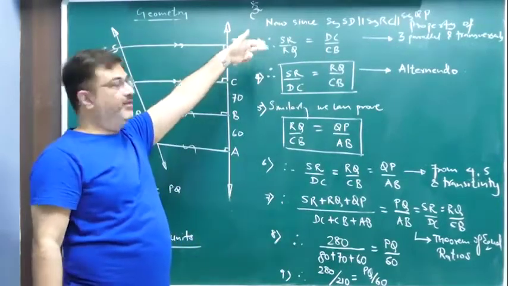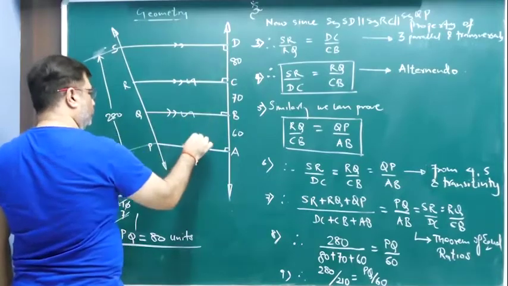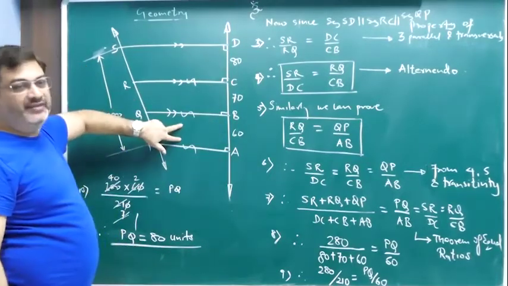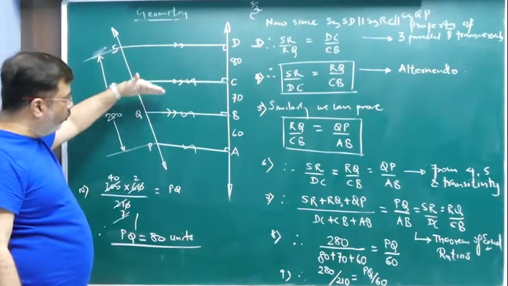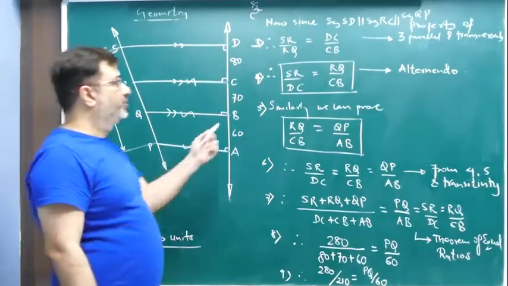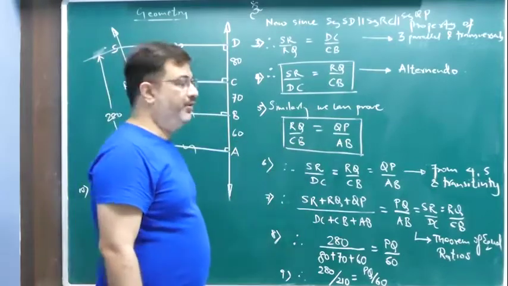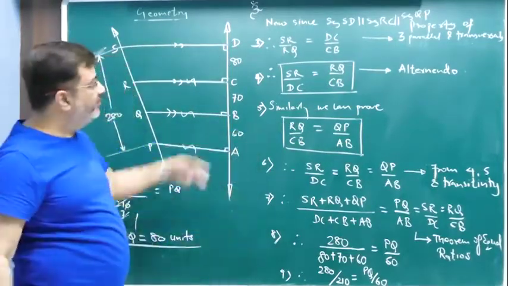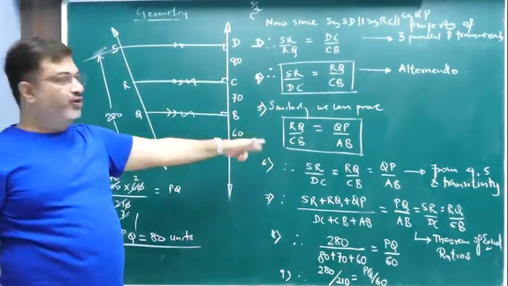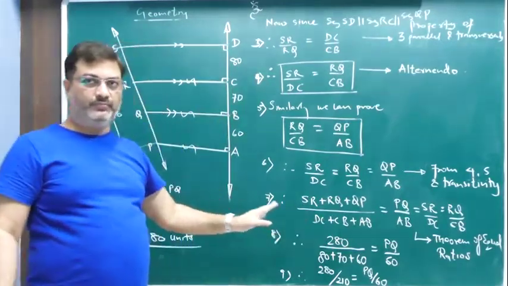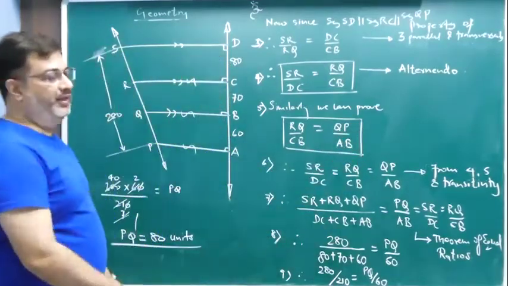We applied this property. Then, alternate 2. Now we are selecting the other 3. So which are the other 3? 1, 2, 3. So this is common, and then we take these 2. Clear? So first we took 1, 2, 3. Now we are taking 4, 5, 6 like that. Right? So similarly, taking 4, 5, 6, you can prove RQ upon CP is equal to QB upon AB. Clear? Similarly means exactly 2 steps will get repeated. So we are not repeating the steps, we are saying similarly. Alright? So similarly, RQ upon CP is equal to QP upon AB.